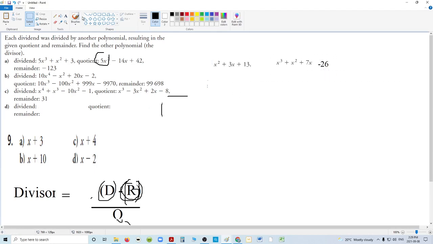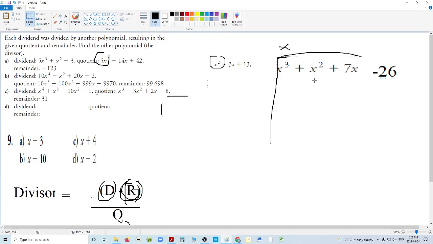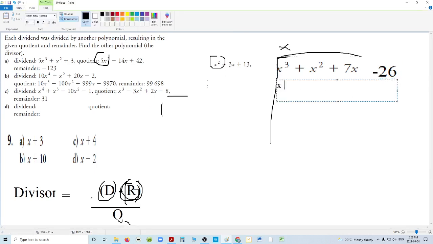And the long division is just the same as always. So x obviously is my first one. Oh, am I missing any terms? No, fortunately this one I'm not missing any terms. I should space it out a bit though. I'm going to just try to space it out a little bit. There we go. So when I multiply the x times my divisor on the left, I get x cubed plus 3x squared plus 13x. And then when I subtract each of these things,